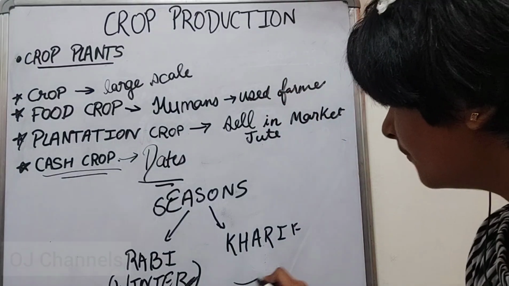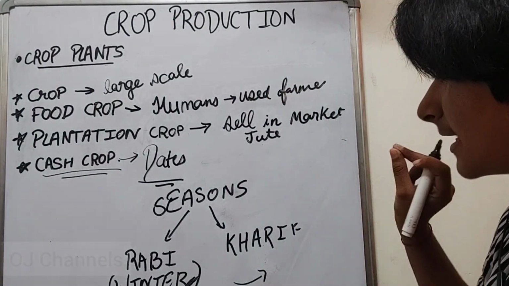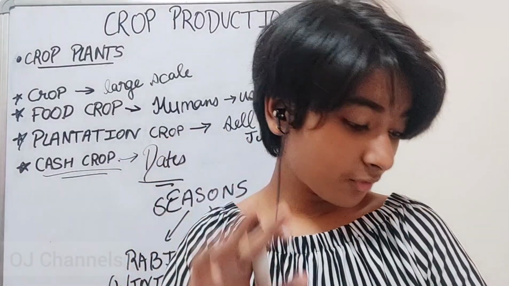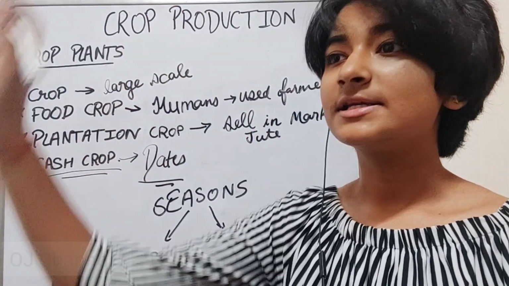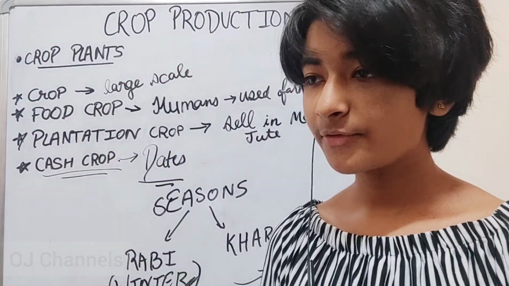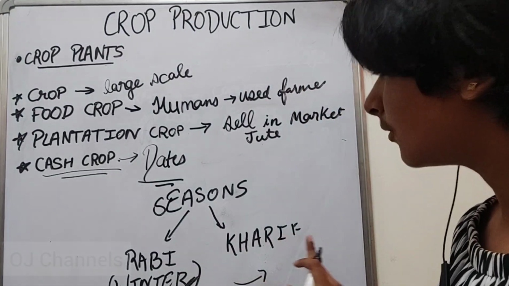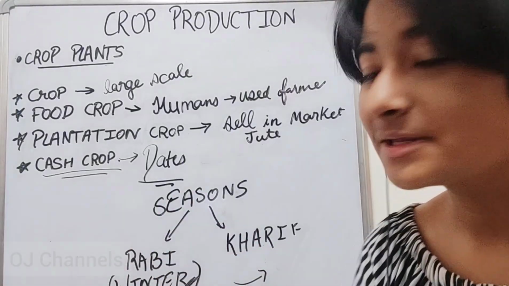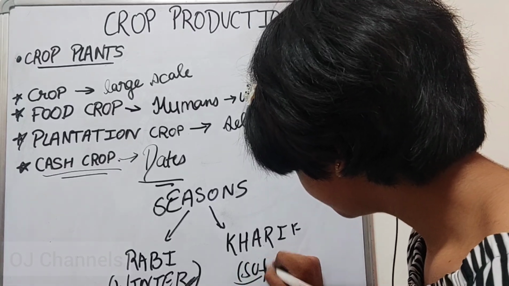If we grow linseed in summer season or in the season of खरीफ, then वो ग्रो नहीं कर पाएगा, because it doesn't need huge amount of sunlight, it does not need so much amount of water. That's why Rabi crops cannot be grown in Kharif months, and Kharif crops cannot be grown in Rabi month. So Kharif crops are the summer crops basically.